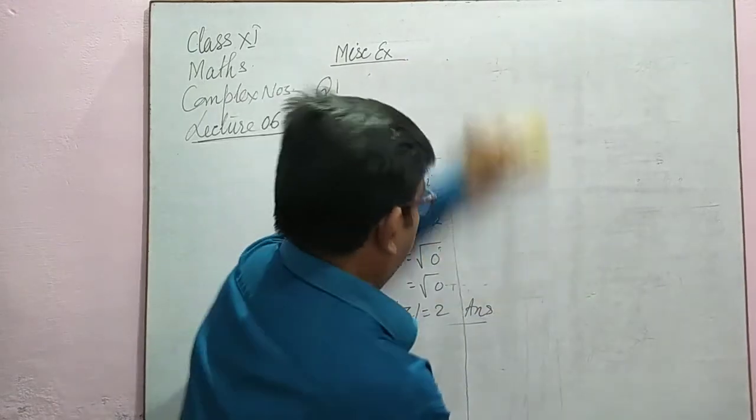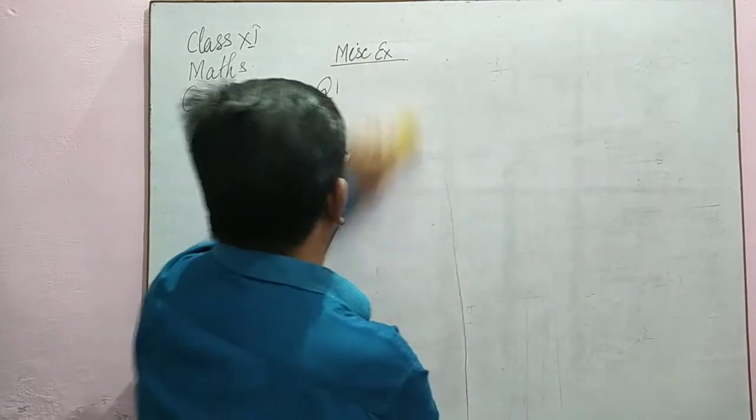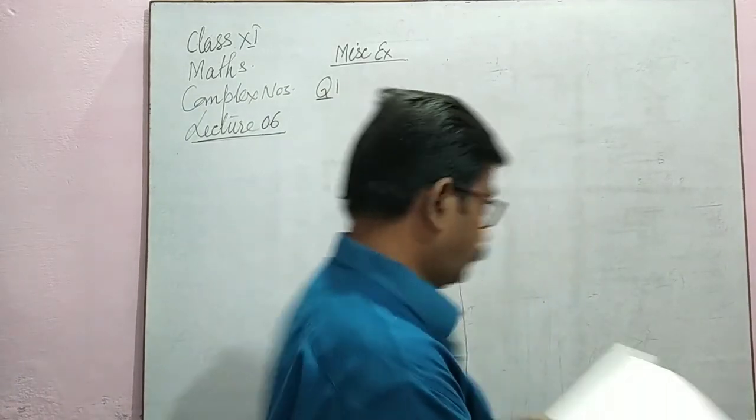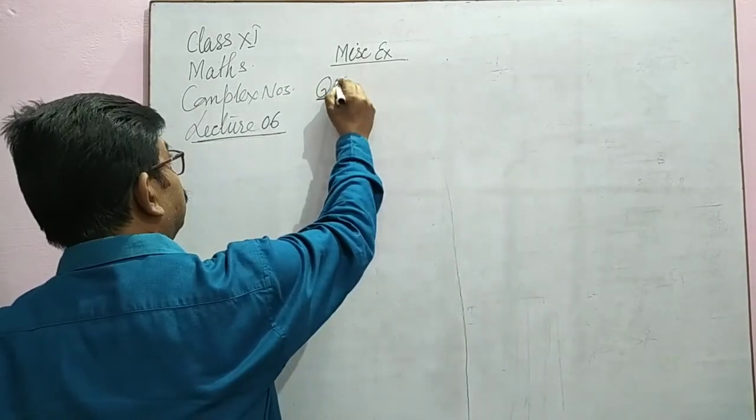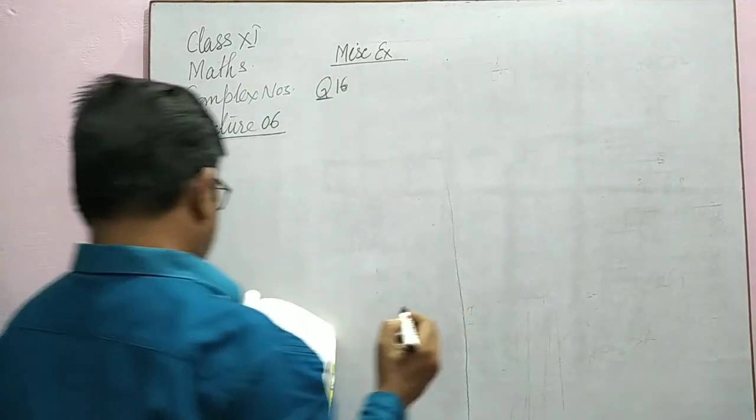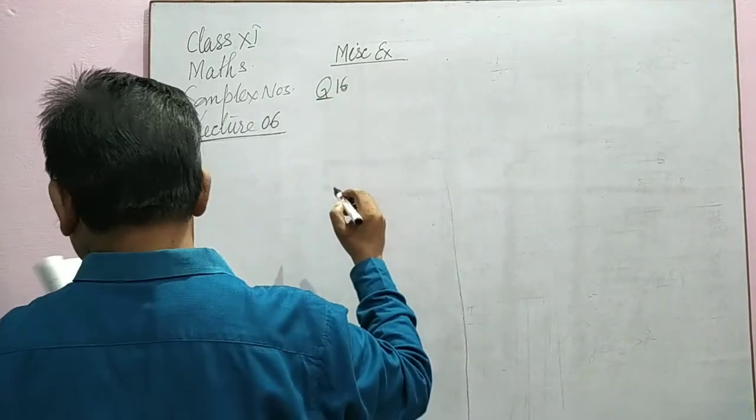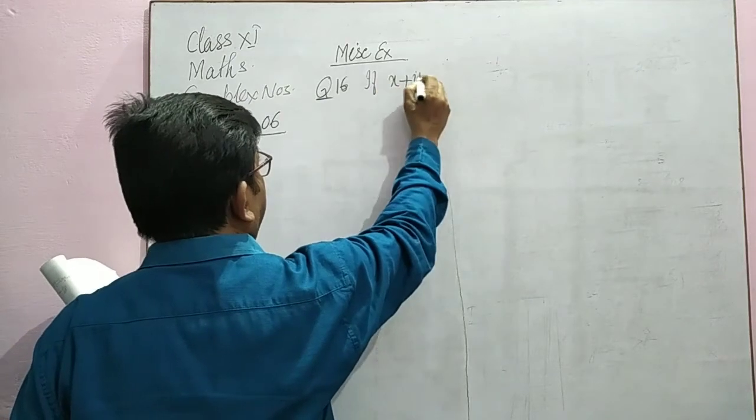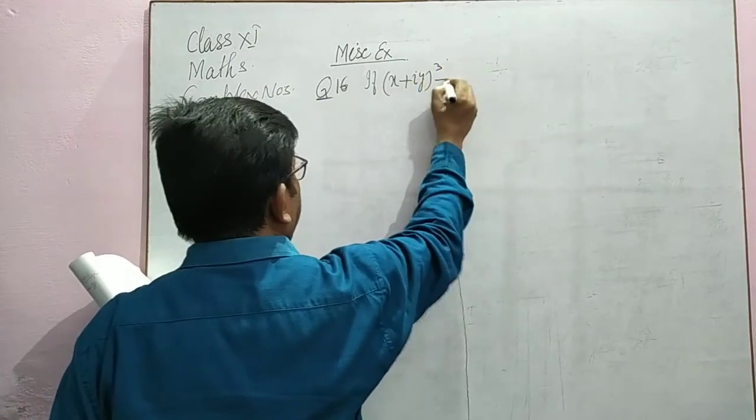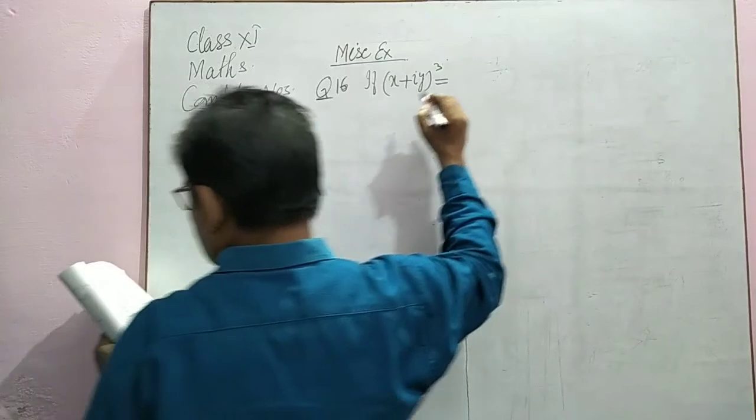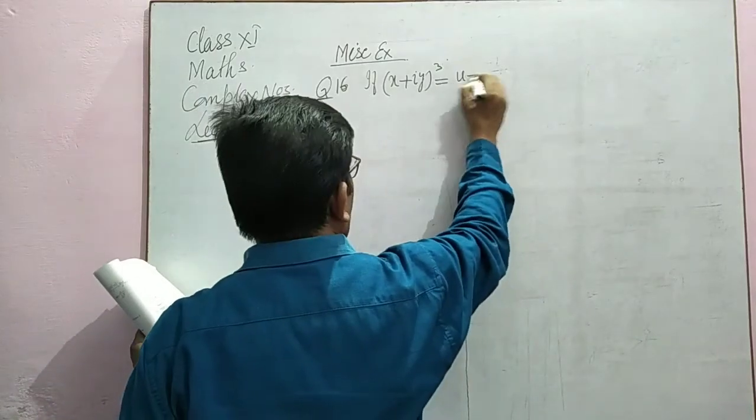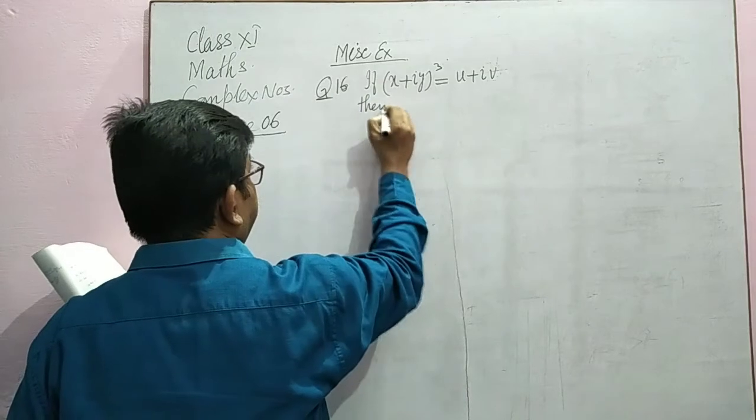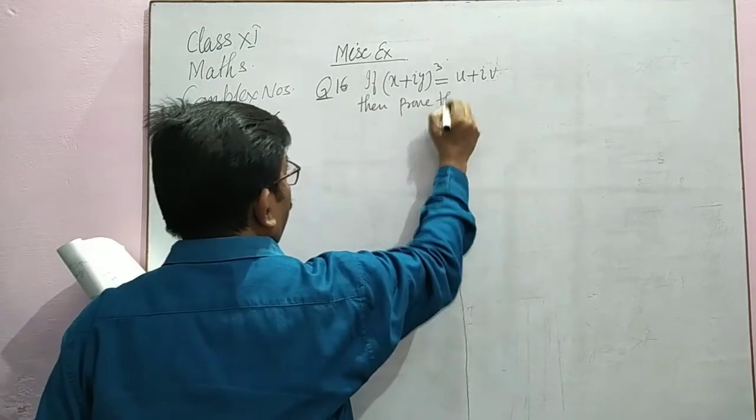16th question. Given that (x + iy)^3 = u + iv, then prove that